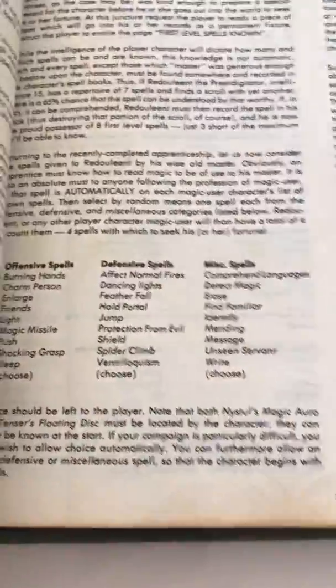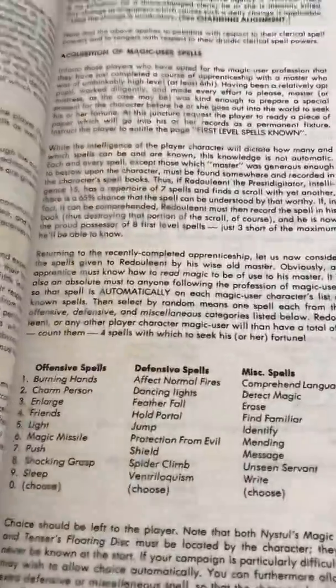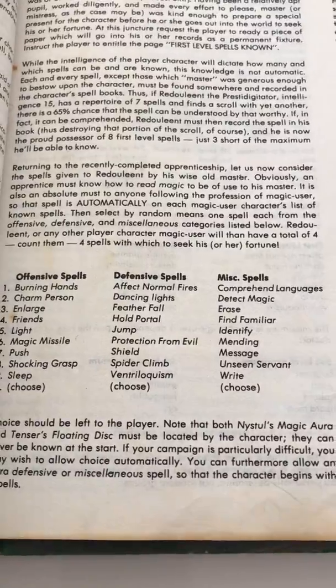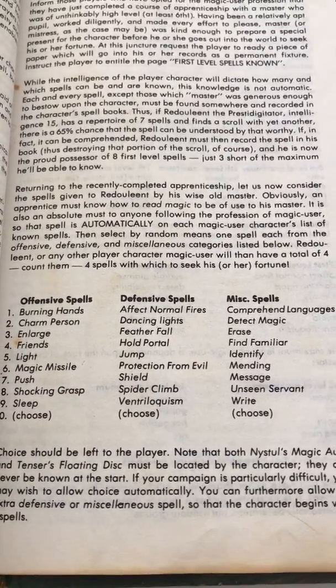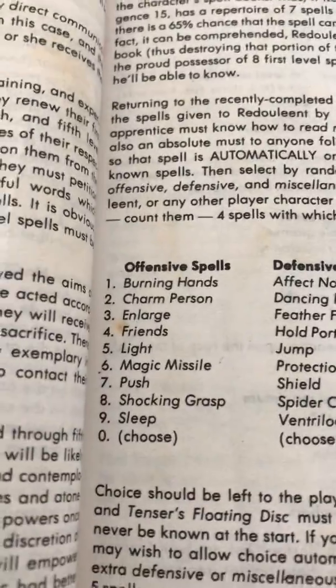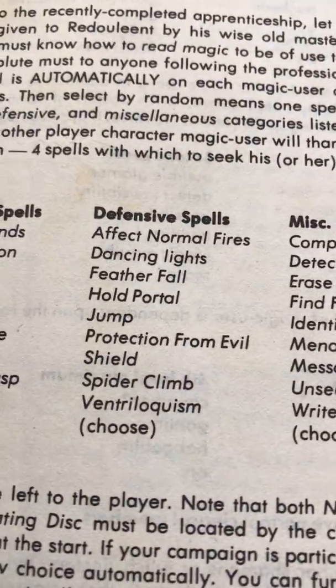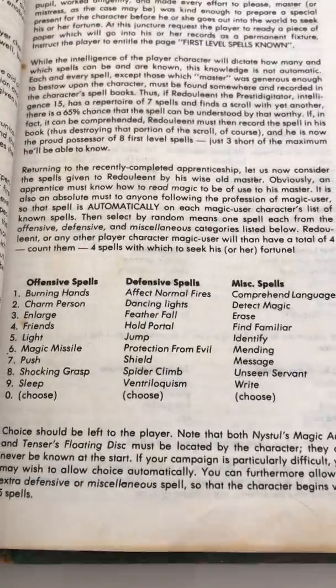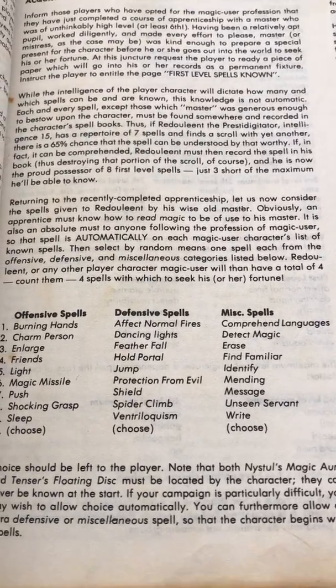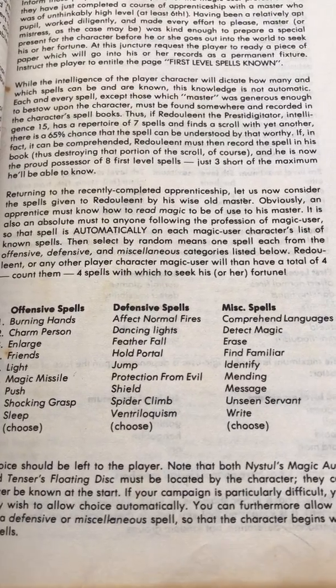Okay, now, then it goes into spells. Now, with this edition, if you're a first level magic user, you would randomly roll your spells. You'd roll three rolls, one for offensive spells, one for defensive spells, and one for miscellaneous spells that are useful. And if it's a really dangerous dungeon, you might get an extra roll of the miscellaneous thing, but you didn't